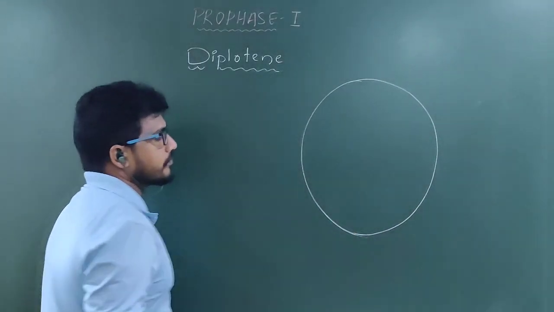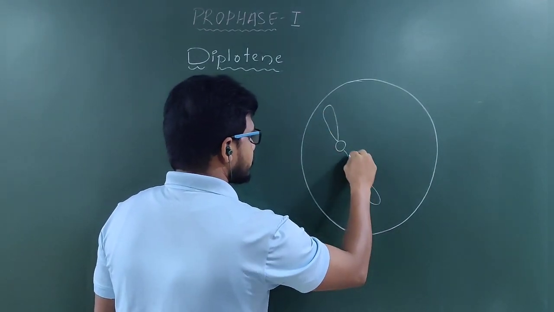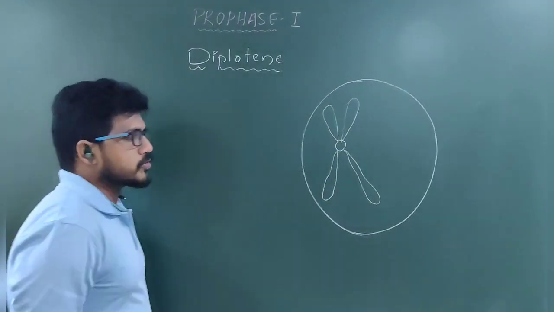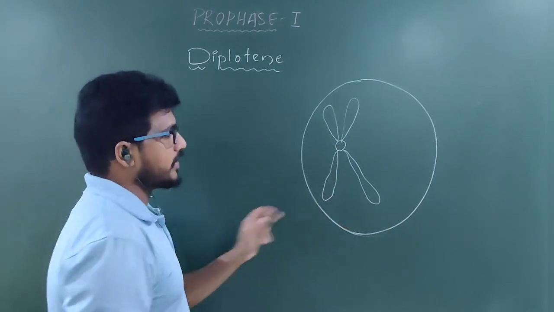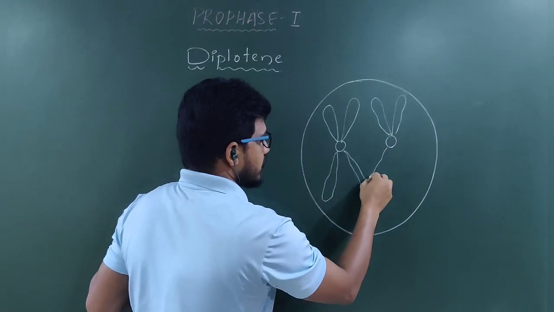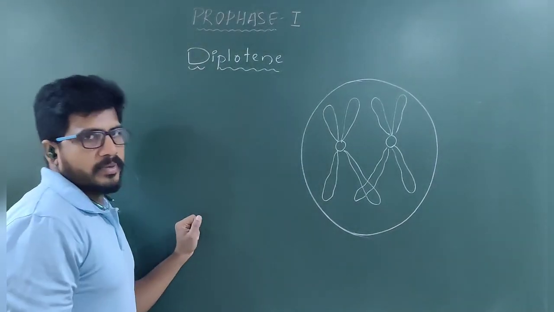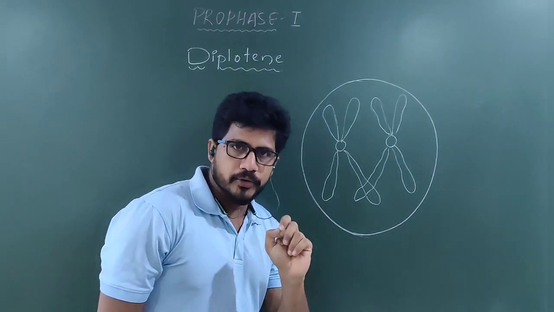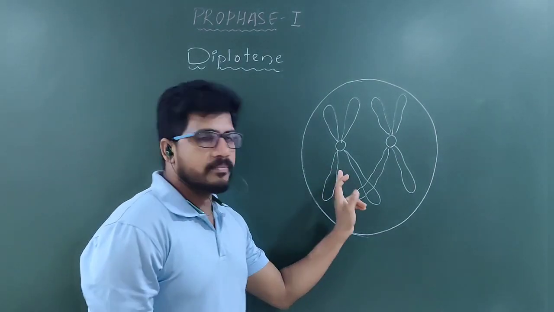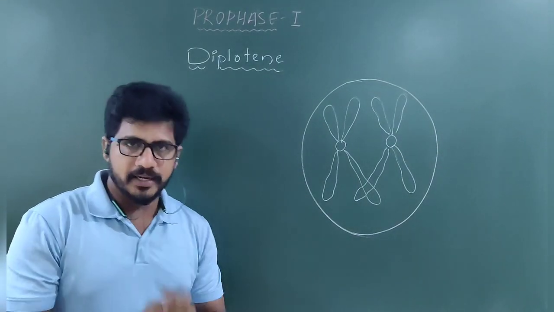this is the nucleus. Here is one chromosome, and in that it's one chromatid, not chromatic, chromatid. And here another homologous chromosome will be there. Chiasmata appear between non-sister chromatids. These two are non-sister chromatids. Understand? Then this is called a recombinant nodule. With the help of the recombinase enzyme, gene information will be exchanged from one to another. It has actually happened in the earlier phase, that is pachytene.